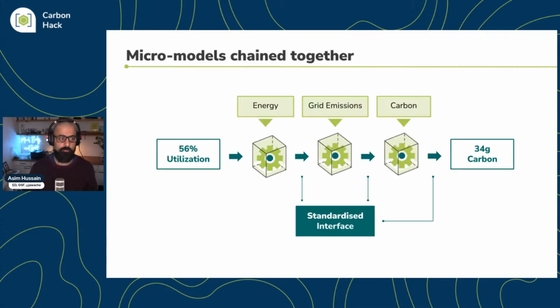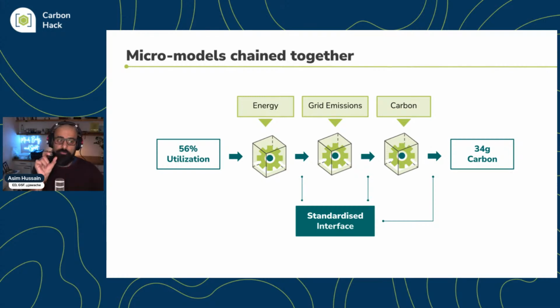Which is why, with Impact Framework, what we've done is create these things called micro models that we chain together. Instead of having one big model which does everything, we break them up into smaller micro models, each of which does one thing and does it very well. Just like a Linux command line, which pipes lots of small commands together to make a much more complicated one. That's how Impact Framework works. So for instance, you can have an energy model which takes utilization to energy, and you can pick one that has the assumptions that you want, or build your own, which has your assumptions.